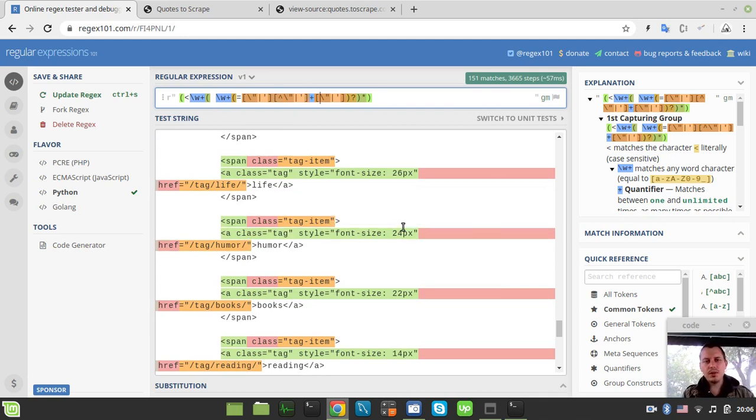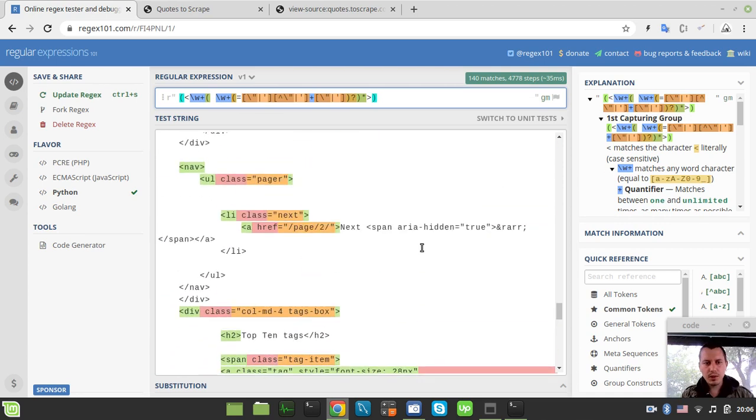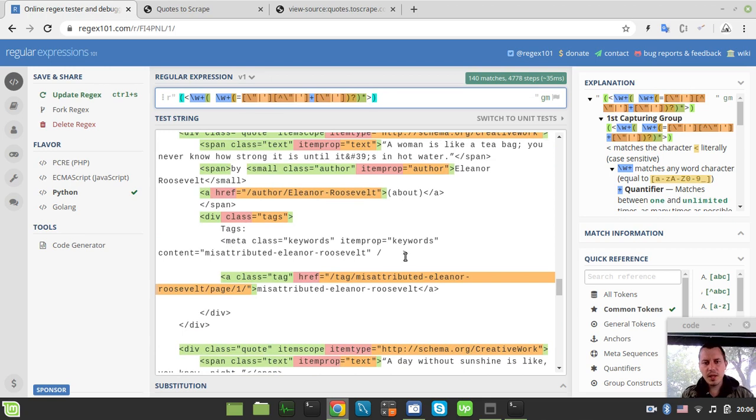Okay, so it's not yet the last thing. Now we need to consider this greater-than sign to close the opening tag, but it's not yet it, because we have these meta tags that also contain some, I don't really remember what it's called, probably HTML notation or something like that. So in order to match that as well,